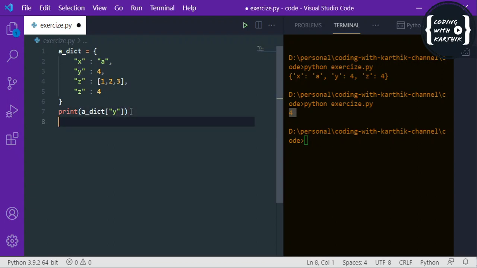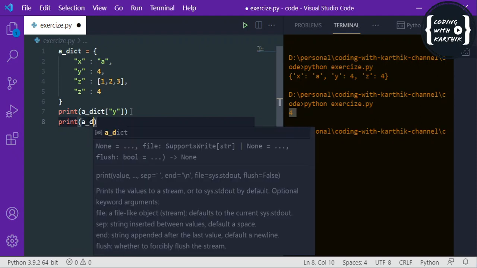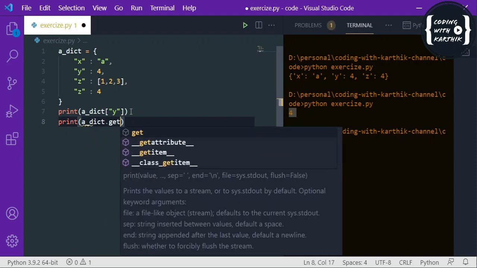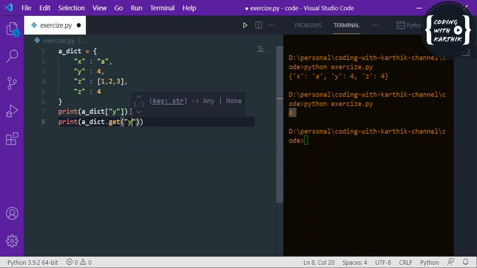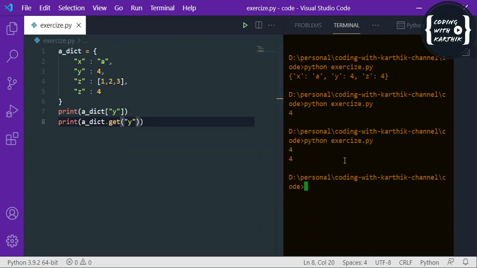And there is one more way. I can use one more thing, that is the get method. I can use this get method to get the value of the specific key. See, right? So there are two ways, but there's one slight difference. Here you know that the Y key exists, so that's why you are using that Y key to get the value of that specific key.